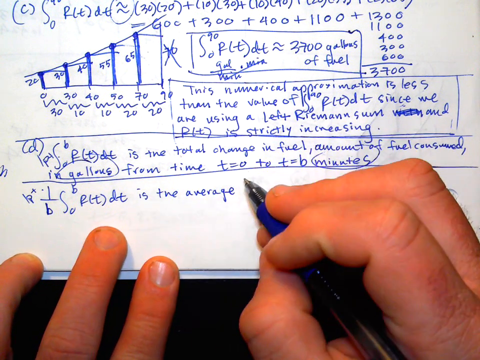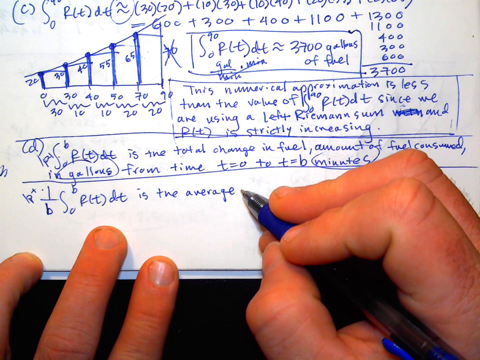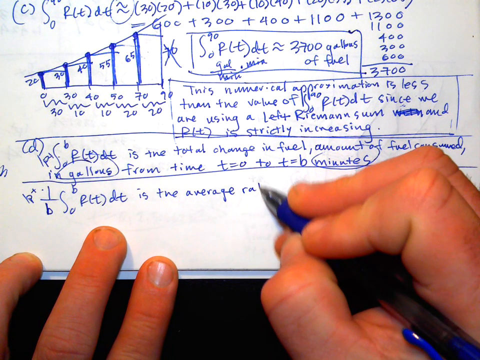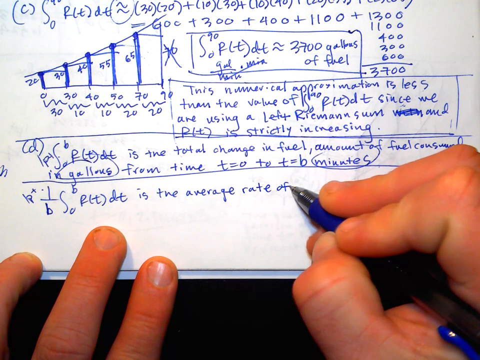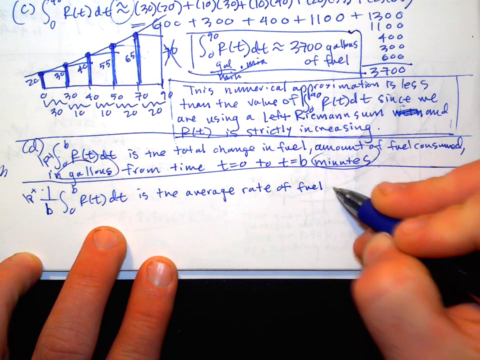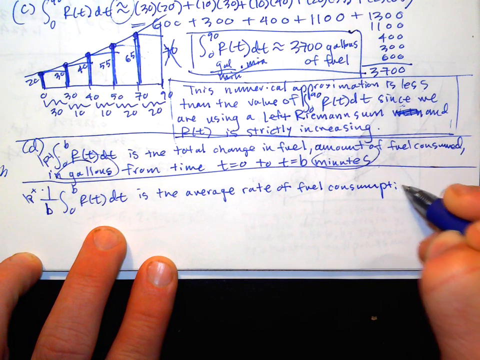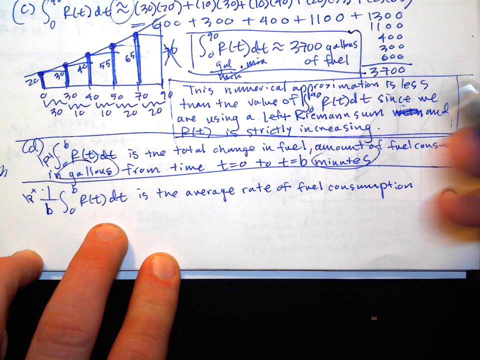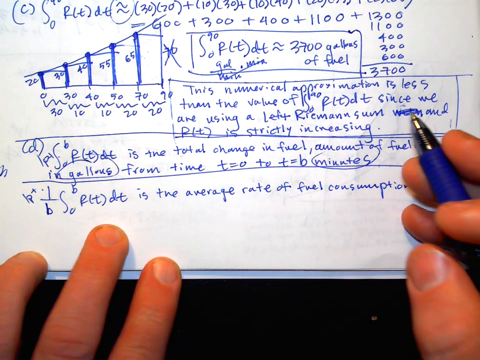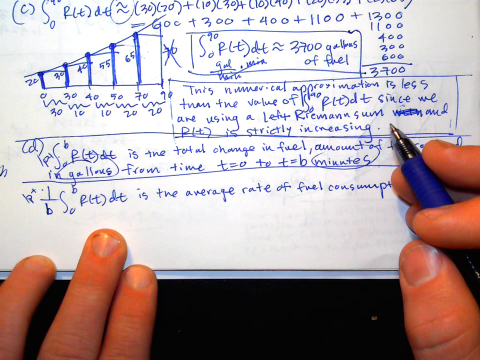Average R is the rate of fuel consumption. Average rate of fuel consumption. They ask you to do it in terms of the problem, in terms of fuel consumption for the plane. So in the context of the problem, average rate of fuel consumption